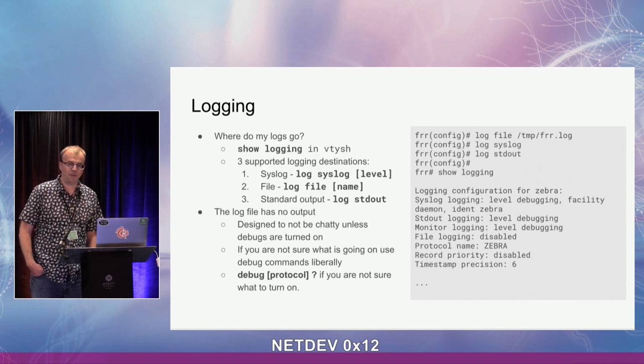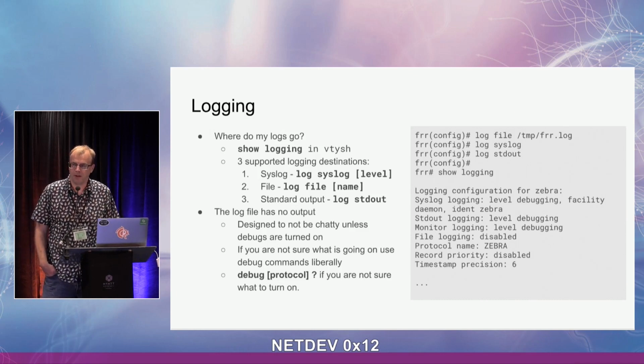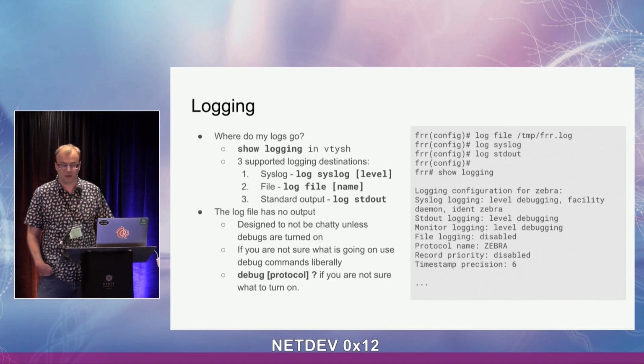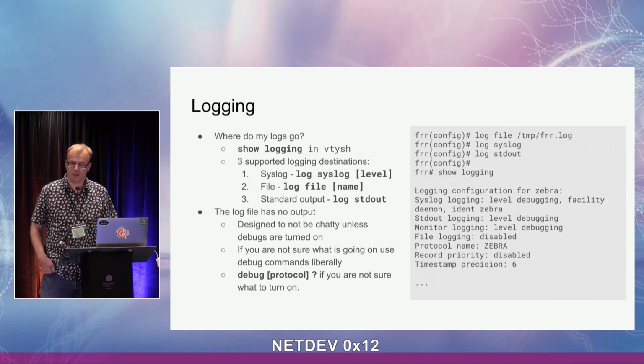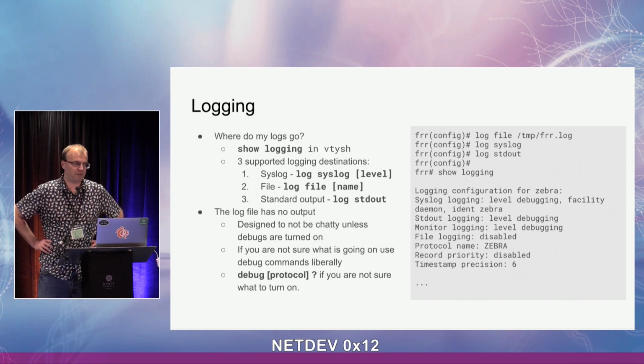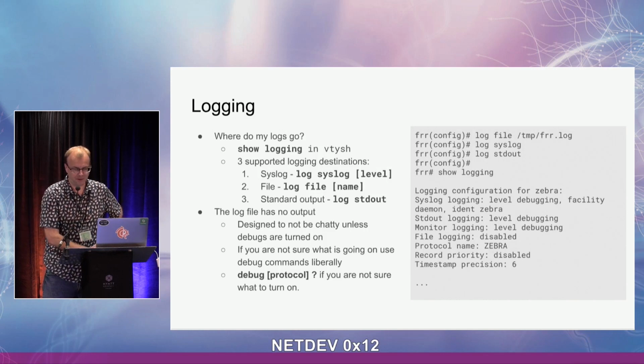The other common question that people ask is, why does my log file have no output? We've designed FRRouting to not be chatty unless debugs are turned on. This is mainly because there are a lot of platforms that FRRouting is run on that don't have good hard drives or SD cards or whatever they are. And if you're not sure what's going wrong, under vtysh, type debug, protocol name, and a question mark,